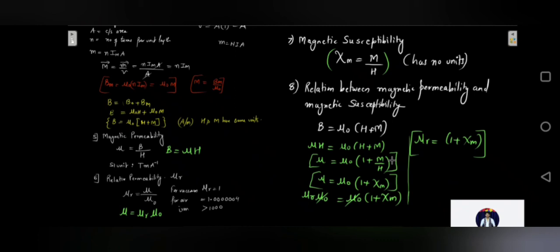Second thing that is important over here are the expressions. You need to remember the expressions because you cannot derive them all the time. You cannot go on deriving them all the time, so better to remember these expressions and directly use them depending upon what quantities are given to you and what is being asked in the problem.